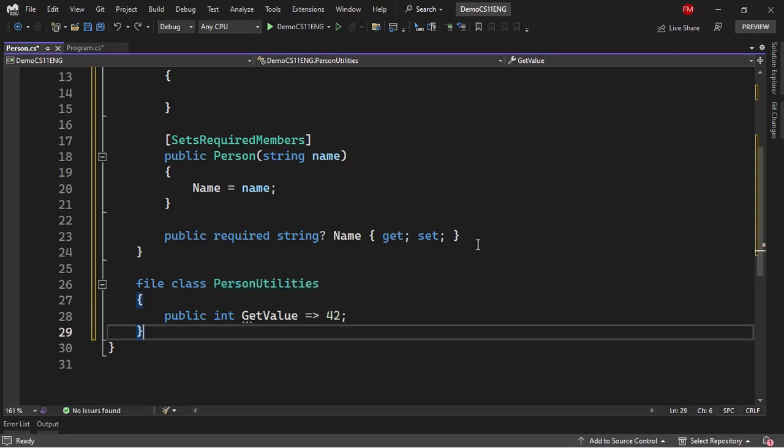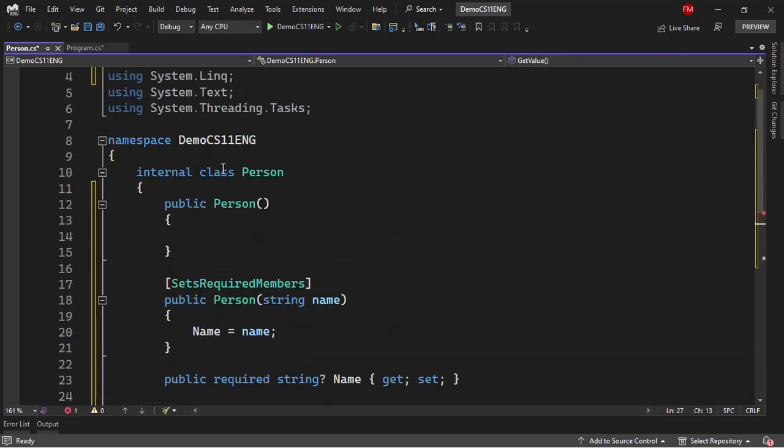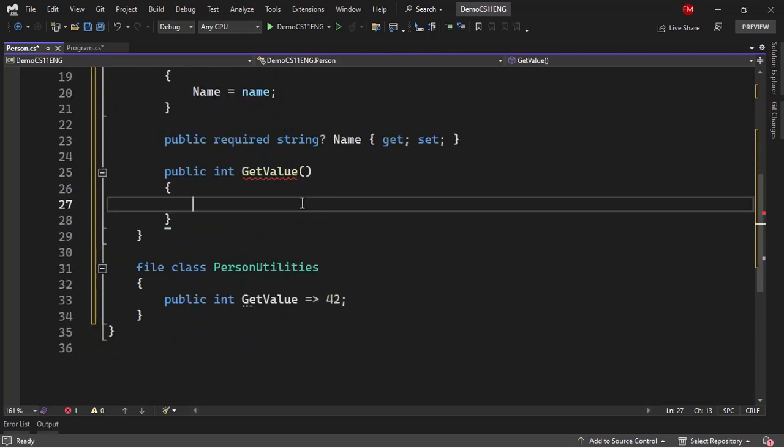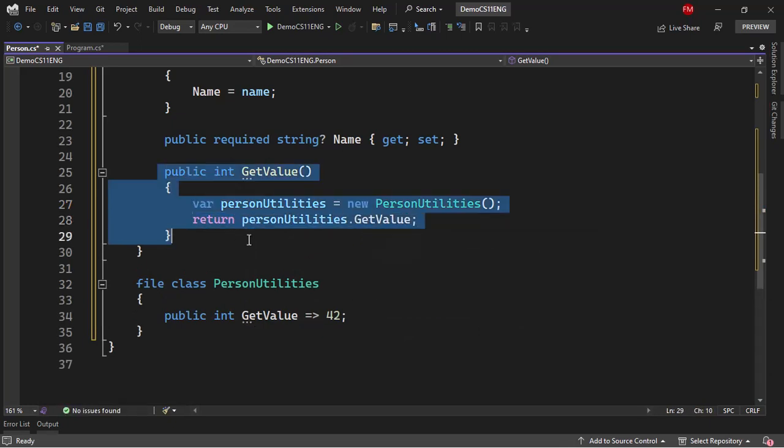For example, I can come here and create a new method, let's say public int GetValue. This is in the person class, of course. And let me say here var personUtilities equal to new PersonUtilities, return personUtilities.GetValue. So as you can see, we can indeed use this class from here,